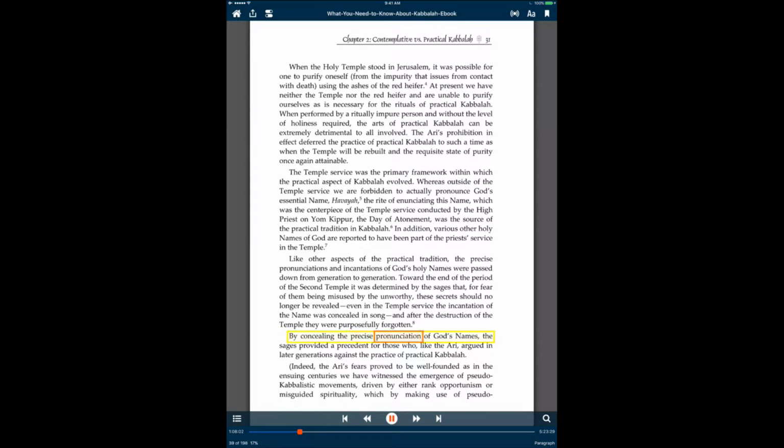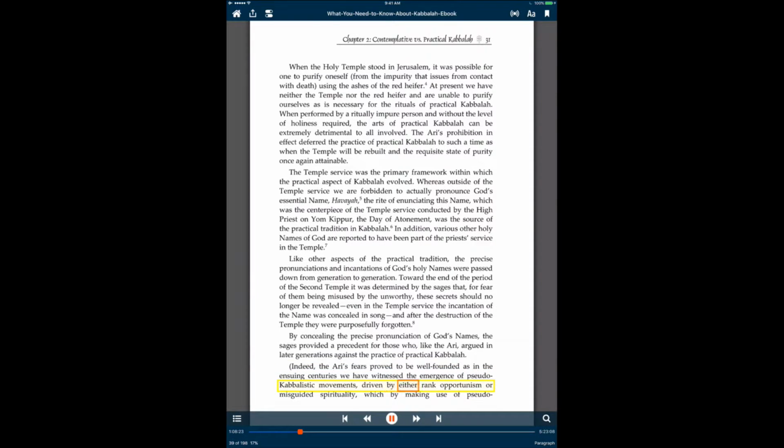By concealing the precise pronunciation of God's names, the sages provided a precedent for those who, like the Ari, argued in later generations against the practice of practical Kabbalah. Indeed, the Ari's fears proved to be well-founded, as in the ensuing centuries we have witnessed the emergence of pseudo-Kabbalistic